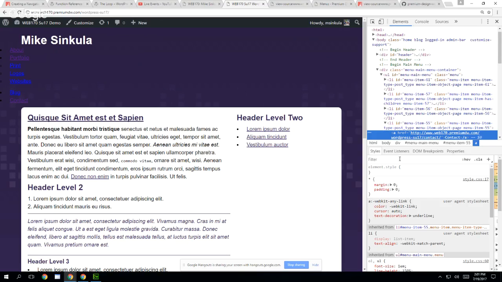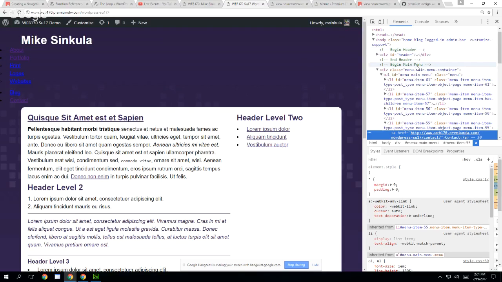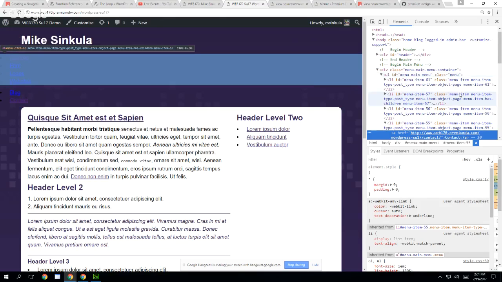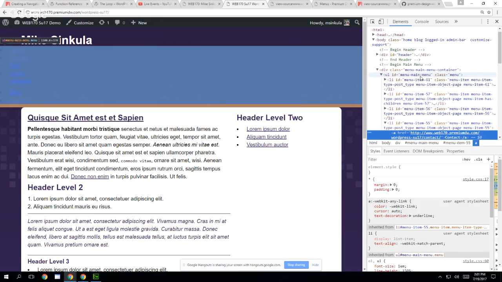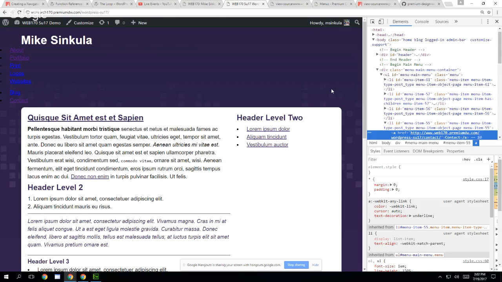So you're going to have to play that game a lot, where this is an example of, Mike, why did you break my site, you bastard? Right? So because I just put in that function and didn't give it any more directions, it is writing div class menu main menu container ul ID main menu or menu main menu class menu, so on and so forth. Where in my CSS file,